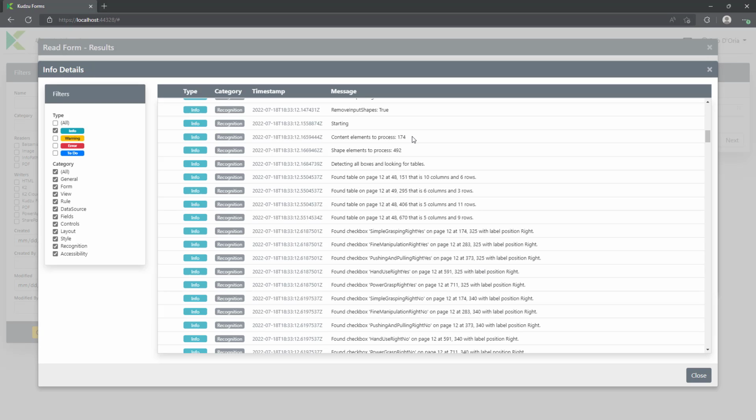From a static PDF standpoint, the PDF reader really doesn't try to do anything from a field recognition or label attribution perspective. It's literally just saying, this thing doesn't have any structure to it, so I'm just going to count content elements and shape elements. So you can see it found a lot in there, right? 174 distinct pieces of content, text, and 492 distinct shapes. And some of those might have been actual boxes, others were just a full or partial line, depending on where